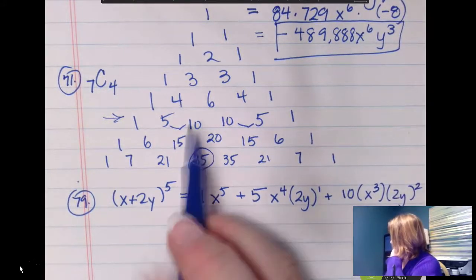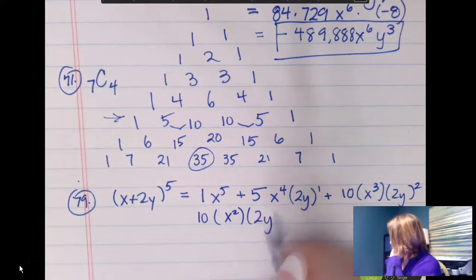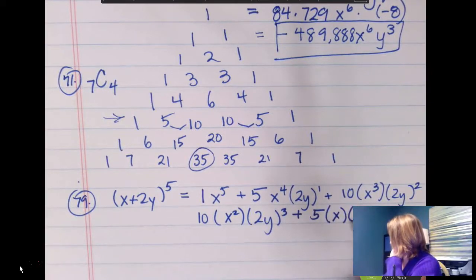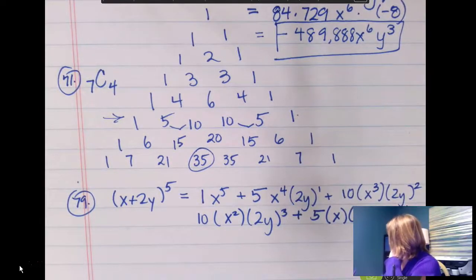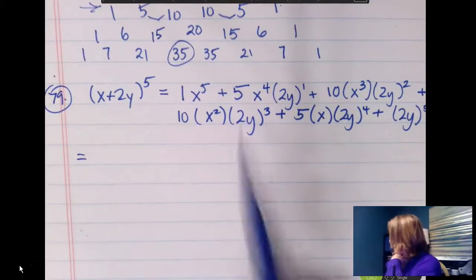I've got another 10 times x squared times 2y to the third, plus 5 times x times 2y to the fourth, plus 1 times 2y to the fifth. So now that I've got all of that stuff written down there, I can go ahead and work out my